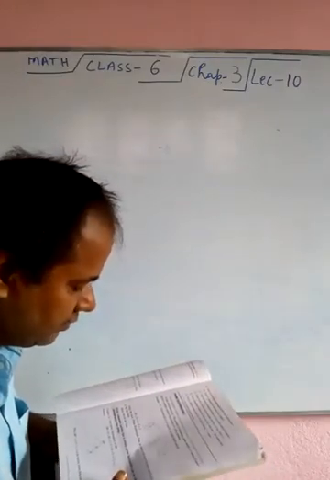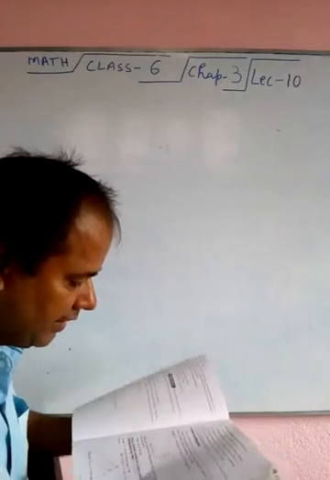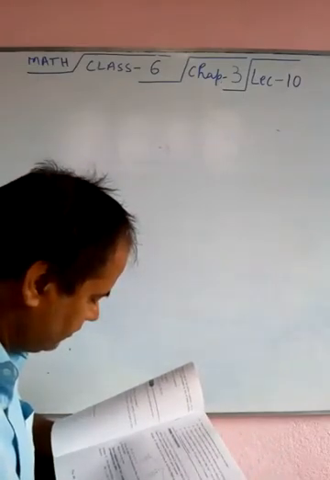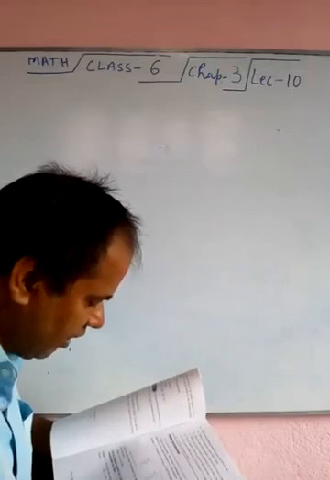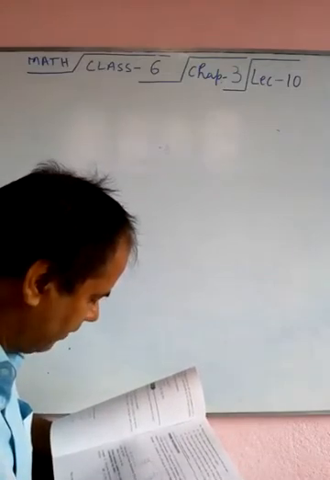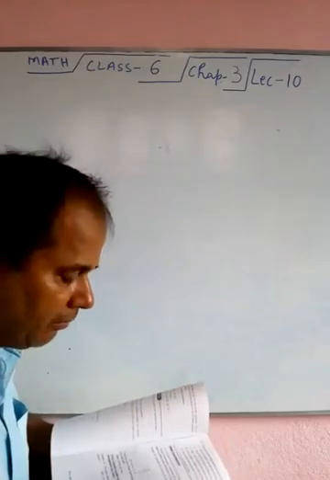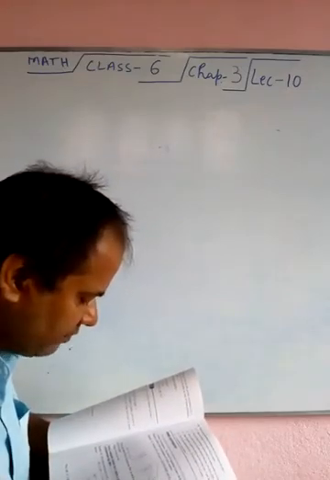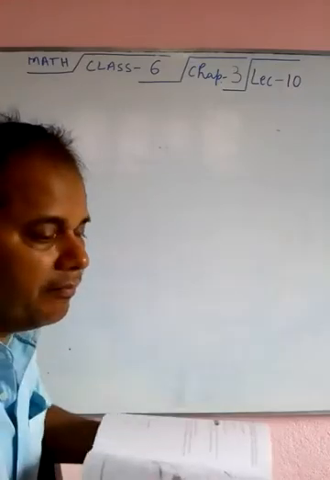Prime factorization. The process of expressing a given number as a product of prime factors is called a prime factorization of the given number. See the example, number 15. Factorize 24 in all ways by the factor tree method.